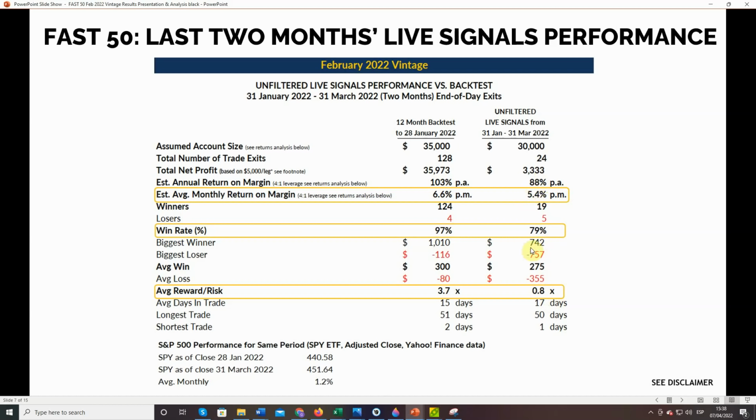Importantly, what we would highlight here is while the winners and the average wins were very similar between the backtest and the live trading, what you did find in live trading is you do have larger losses. The average loss was negative $355 versus negative $80 in the backtest. And that's because no matter how much you fight against it, there is some bias in selection when you're doing the backtest. And anytime there were price shocks in the past, and we did a 2-year backtest on these, and